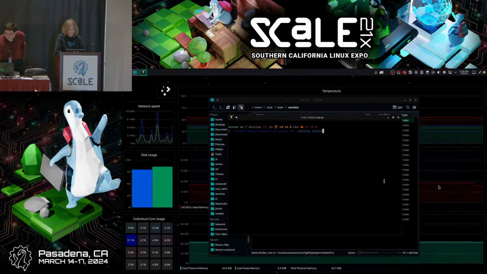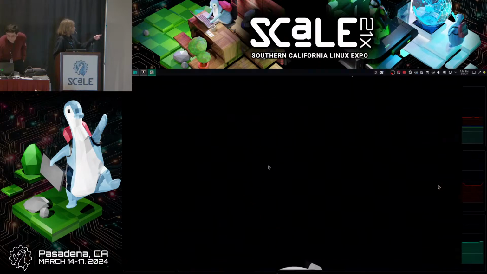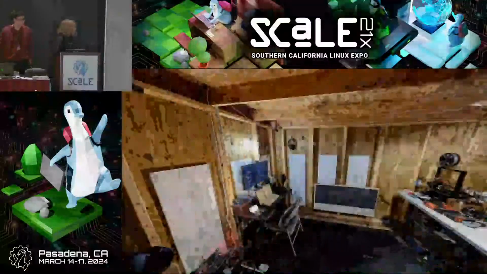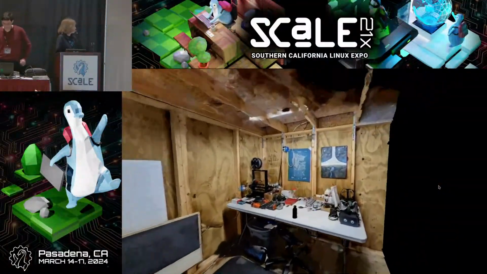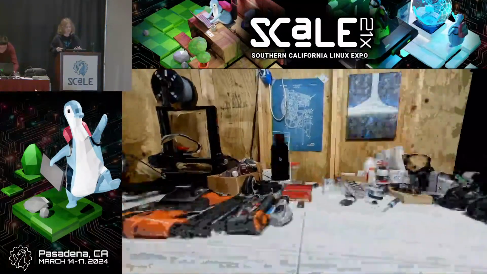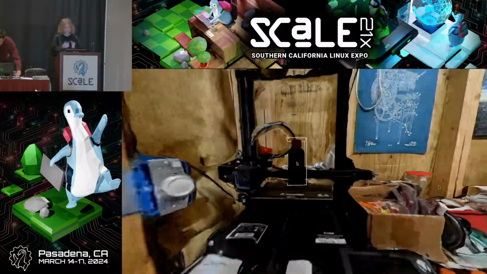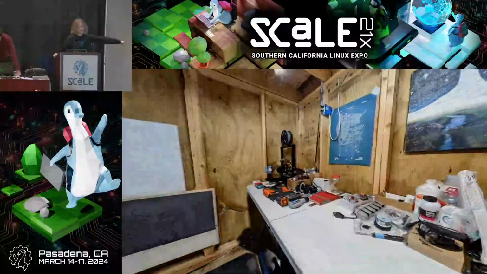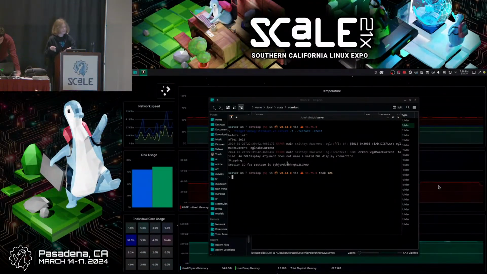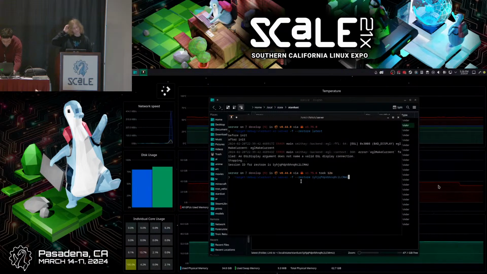So here I'm showing off one of the special features, which is the ability to save and restore state. That means that if you leave a virtual object here, go a couple cities over and come back, it'll still be there. And yeah, this is basically a project showcase at this point.